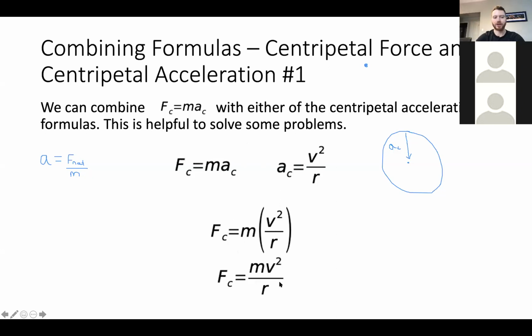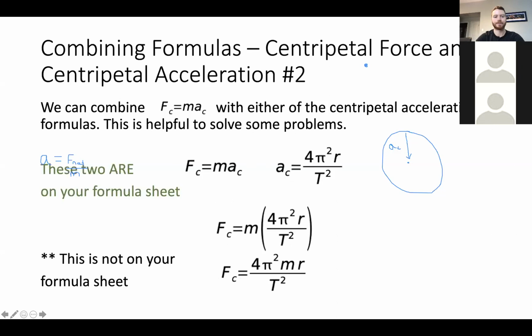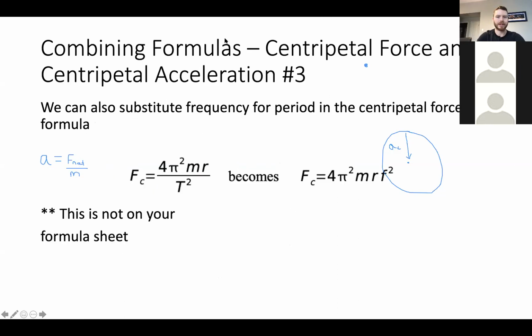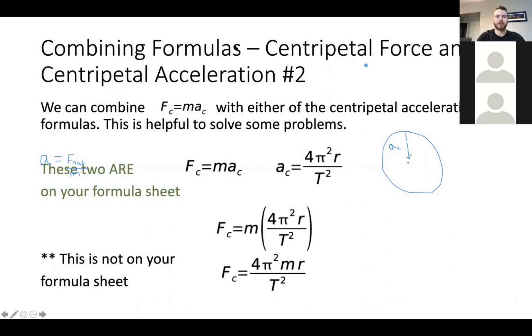Now, this is not on your formula sheet, but centripetal acceleration is equal to v squared over r. So if you can just connect these two formulas right here, you should be able to get the centripetal force formula, no problem. So I just had some notes up here. These two up here will be on your formula sheet, and these two will not be on your formula sheet. So just make sure you're able to go from these two formulas to